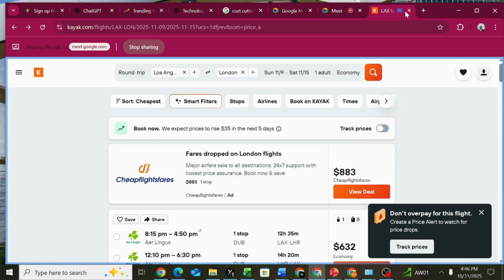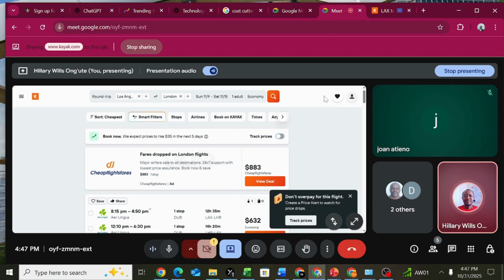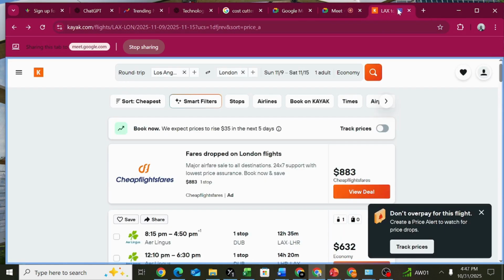So a car rental will help to facilitate that transport, and you can do that still on the same platform, that is Kayak.